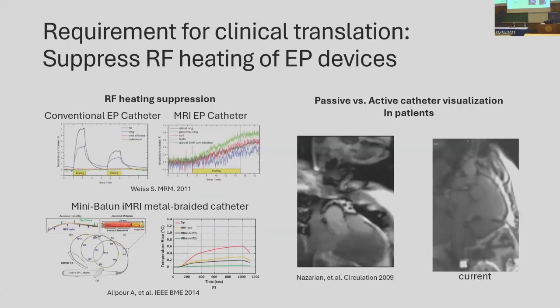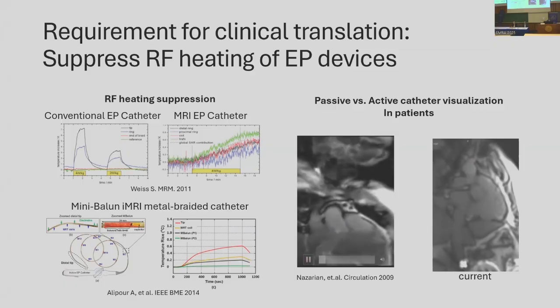One of the most important requirements for clinical translation is the necessity of suppressing RF heating of EP devices. Typically, the RF transmission can lead to heating of the elongated metallic conductors within the device. However, over the last 15 years, there have been a number of methods introduced to suppress heating of the various conductive components of these catheters, and recently, including work from Dr. Schmidt and our group for suppressing the heating on metal braided catheters,